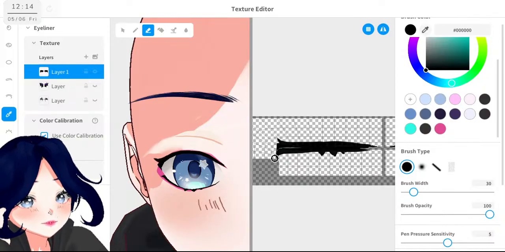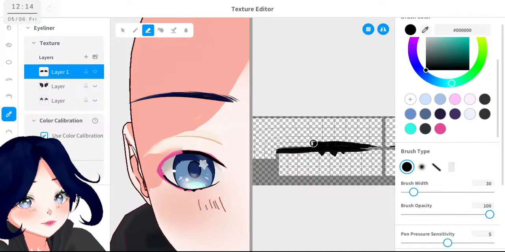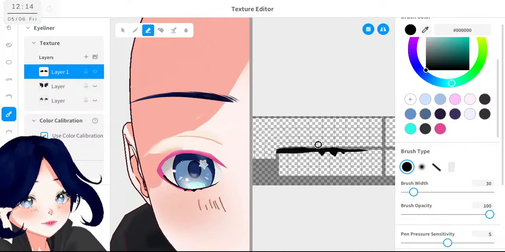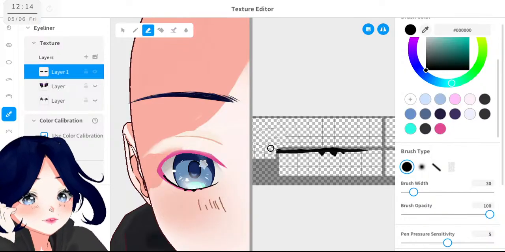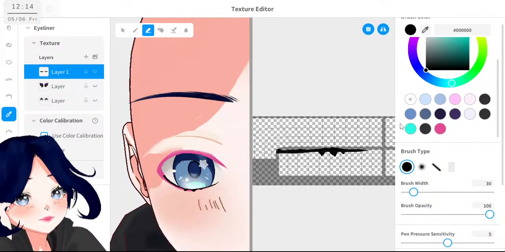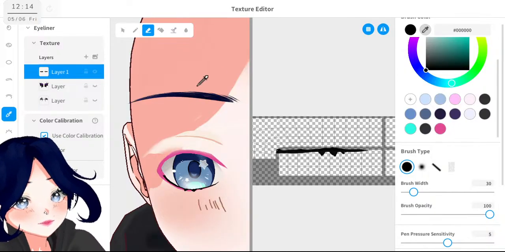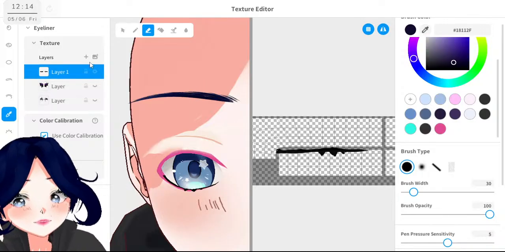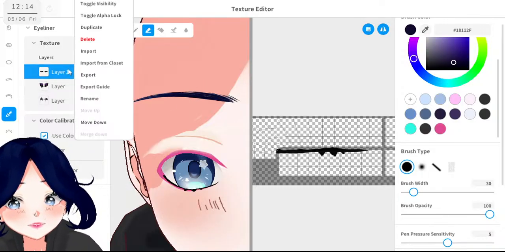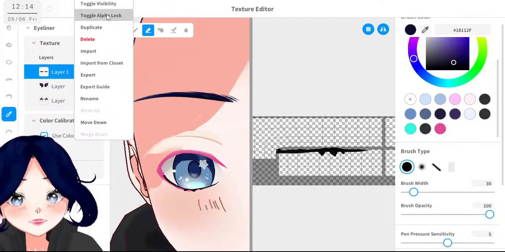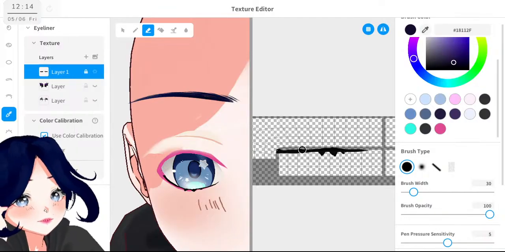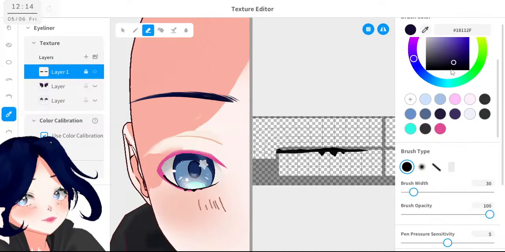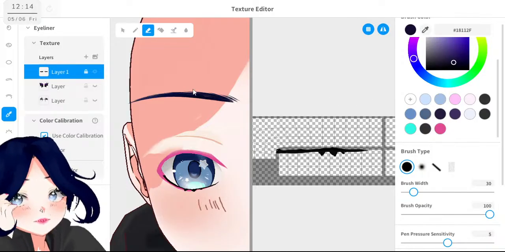So let's erase this. All of this. And this should also be a darker shade of blue, not like here. Texture, toggle alpha lock, blue. Oh.